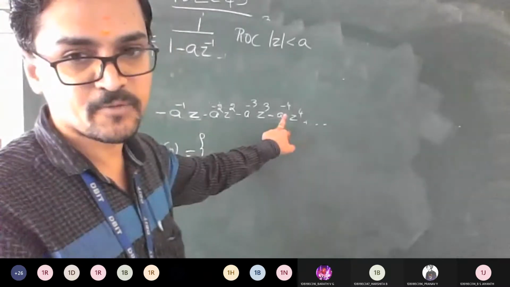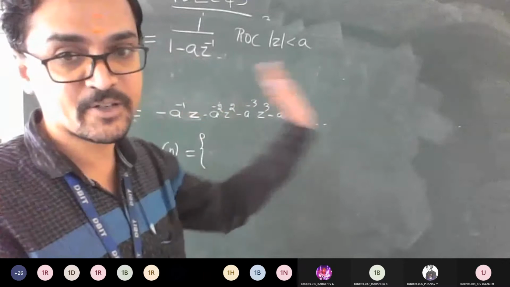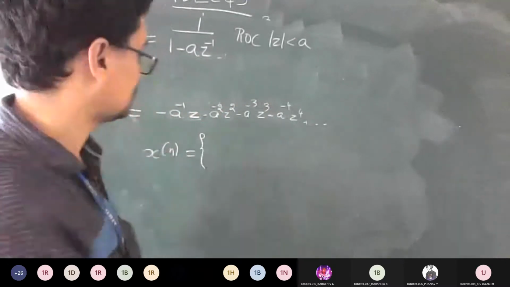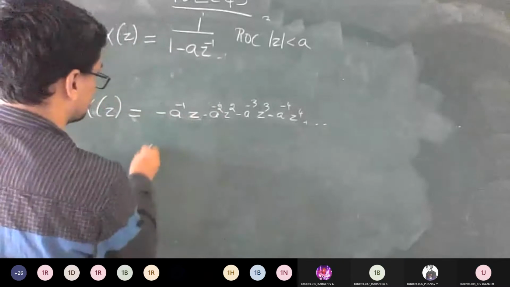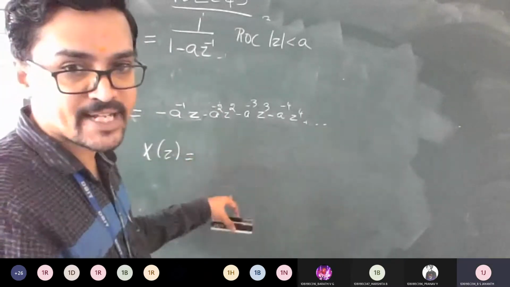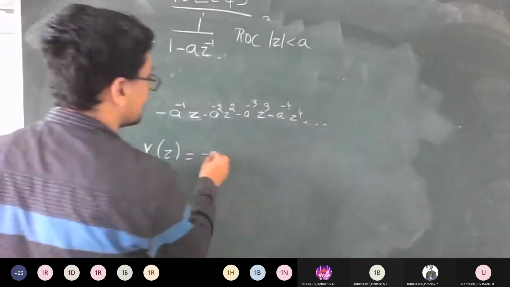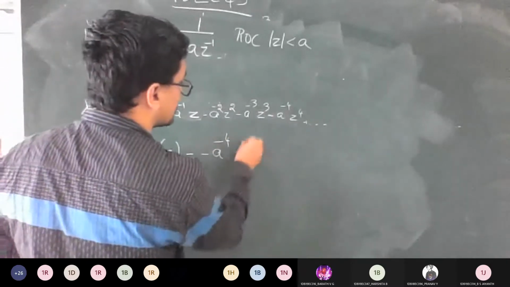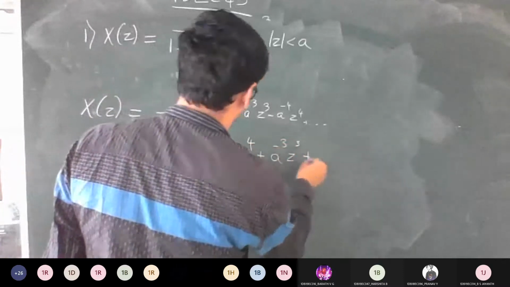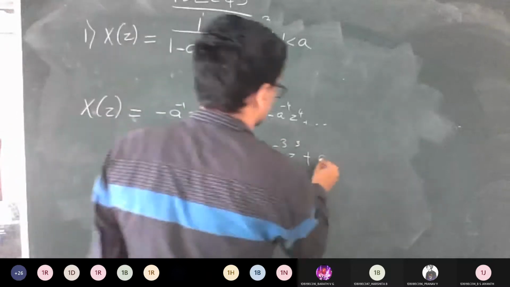A power minus 4 will come first or a power minus 1 will come first? It is minus infinity to plus infinity. How should I write, guys? A to the power minus 4, sir. So it means before writing x of n, you rearrange your x of z there itself in such a way that it should be in minus infinity to plus infinity form. I hope you understood what I told. So it is like so on behind. So behind it will be so on.